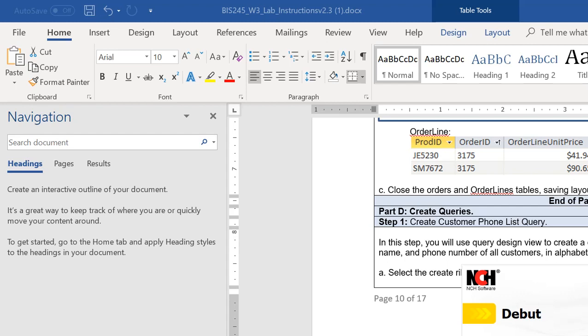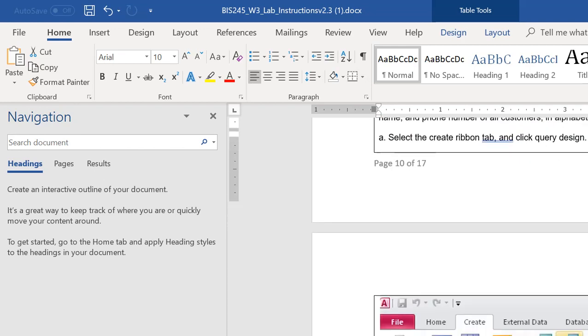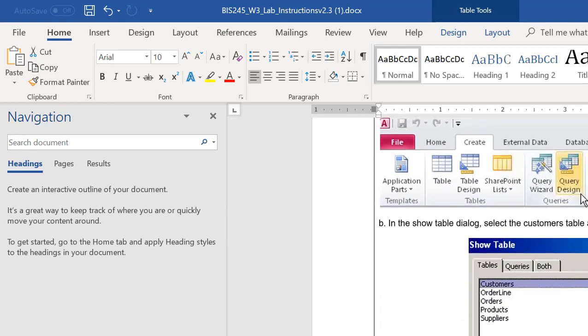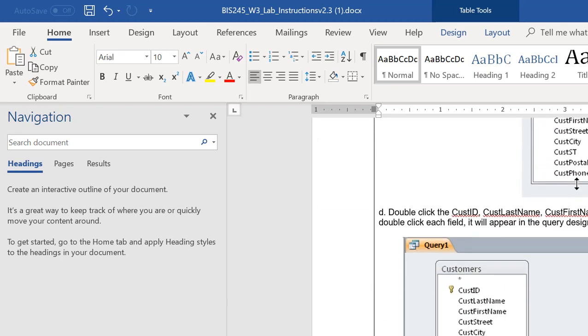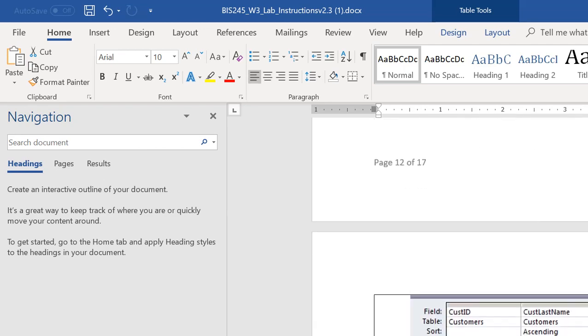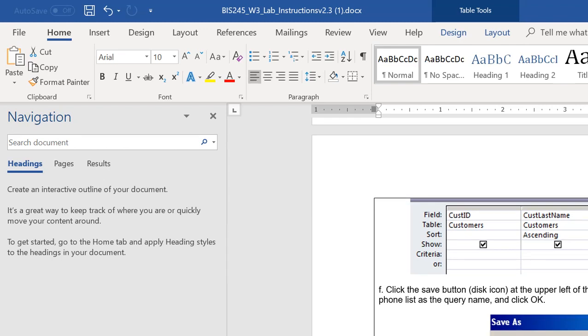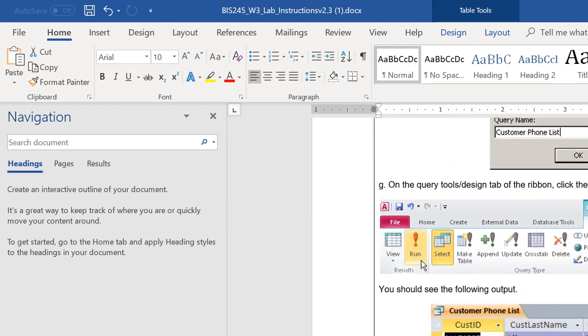Okay, for this part of the lab, you're going to create a customer phone list query right here. Essentially, you're going to add tables to a query design window. In this case, you just have one, and then you're going to pull off the columns that you want to pull from this table and the ones you want to show, and then you're going to run it in ascending order, give it a name, and it'll give you these rows here based on the data that you typed in